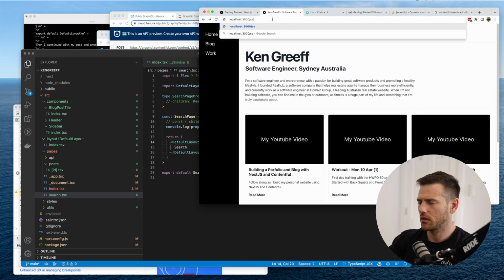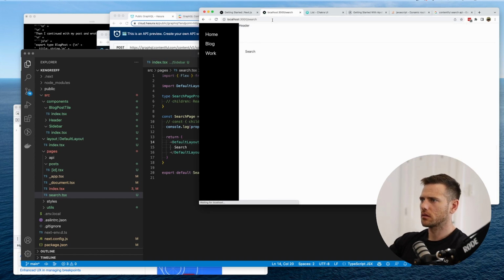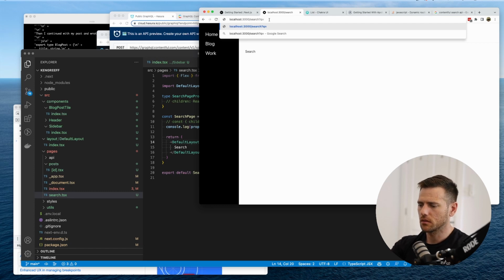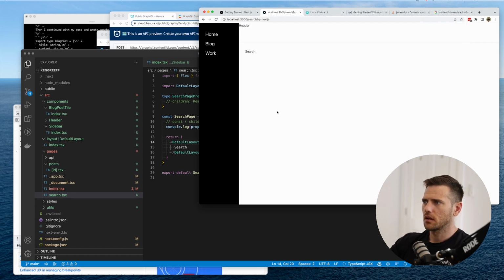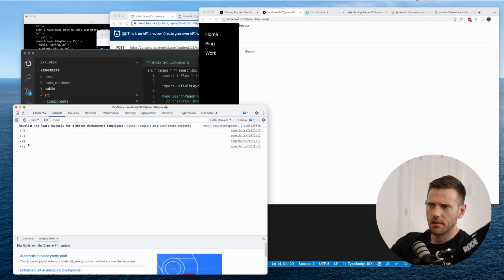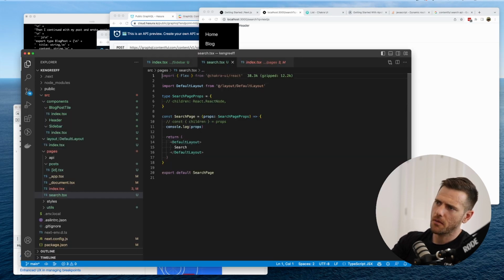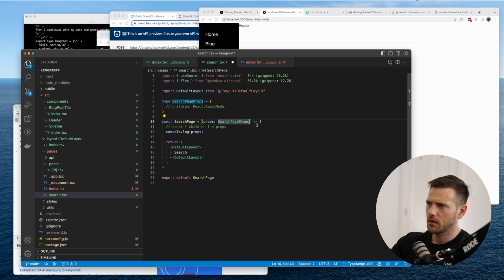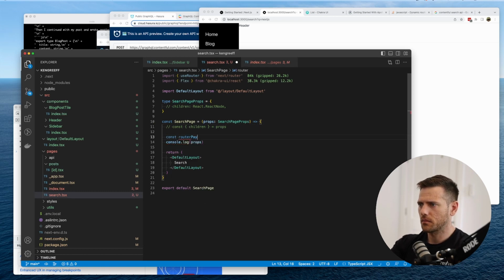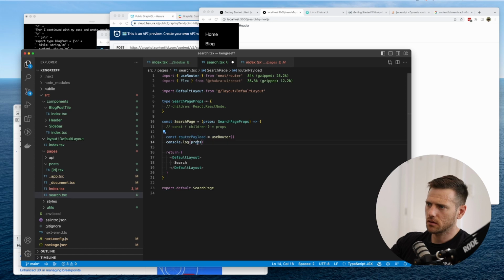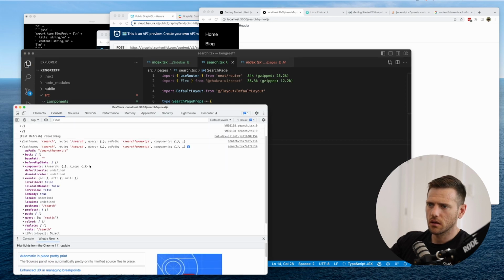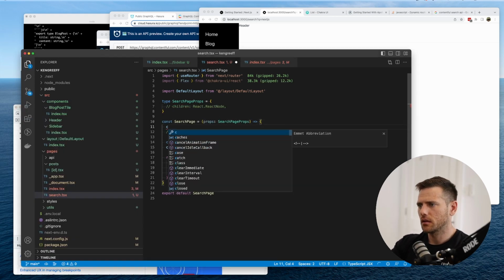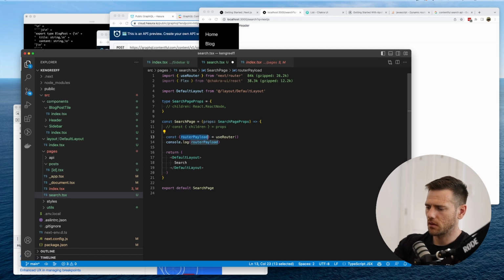Sweet, so we should have search page. Now what I want to just see is query equals Next.js. So we're not getting anything there. So if we grab import useRouter, I'm going to go router, payload equals useRouter. Let's just see what we're getting in there. There we go, we got a query param. Cool. So what we can do here is we can go from the router, so we can go query